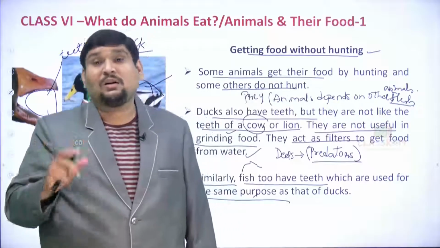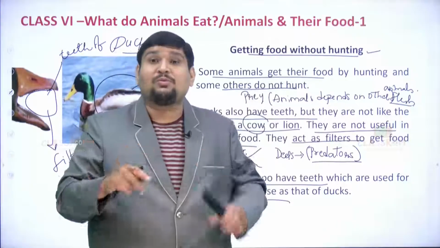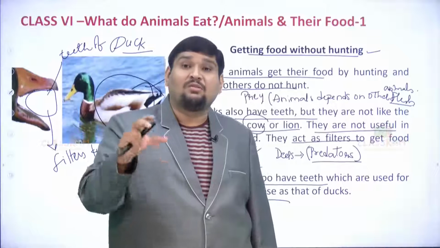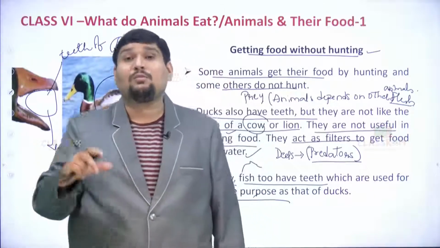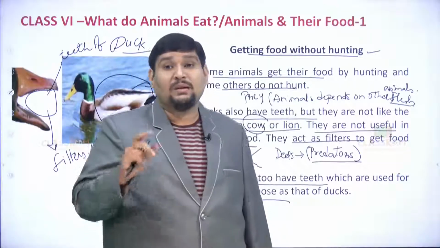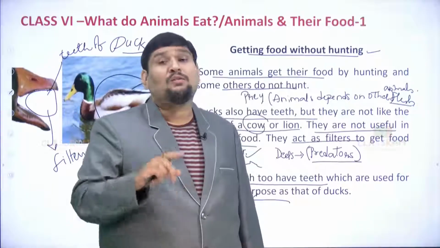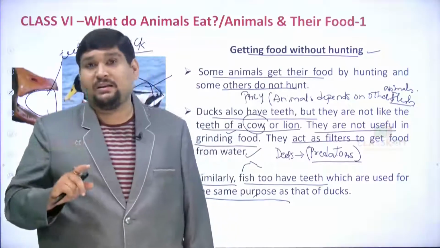So, in this concept we have been learning to differentiate between the variety of food items and the animals which get food in different forms: the herbivores, the carnivores and the omnivores, which eat both plants and animals, in all such cases.